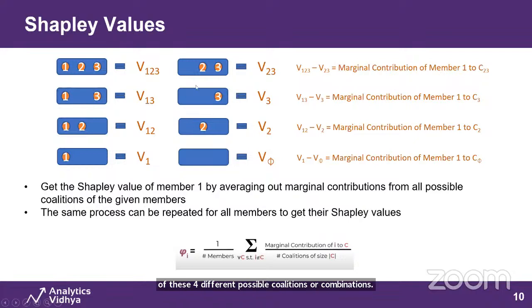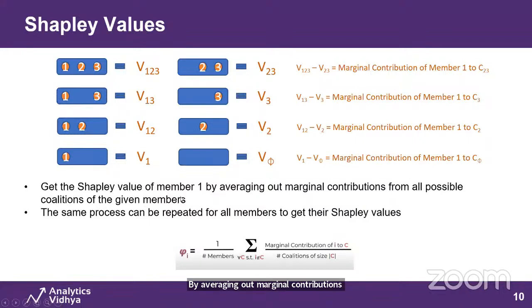How does Shapley value work? What's the Shapley value of 1? The way they do it is they take an average, a weighted average, over all the marginal contributions of 1 to the different correlations, to all different possible correlations. So that's what it says here. We get the Shapley value of member 1 by averaging out marginal contributions from all the possible correlations of the